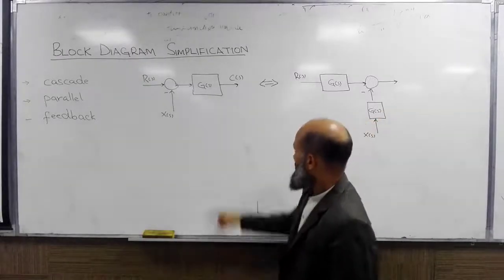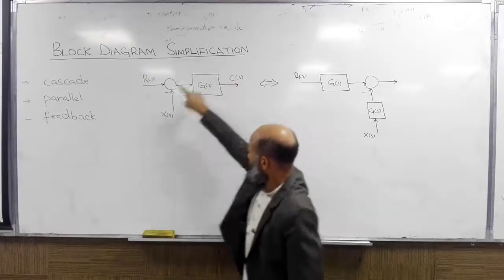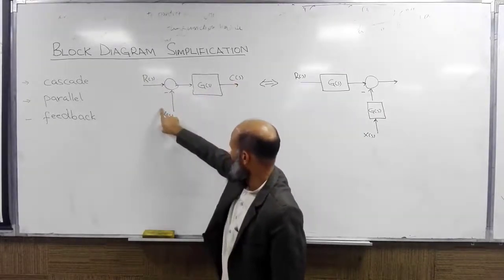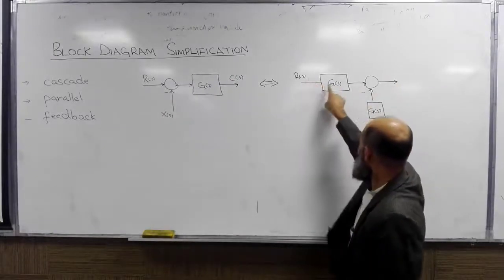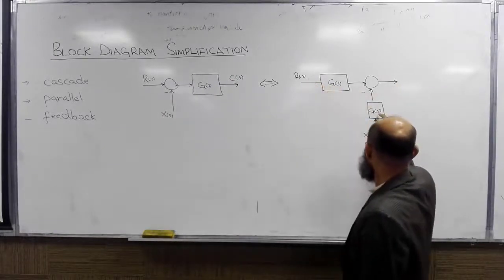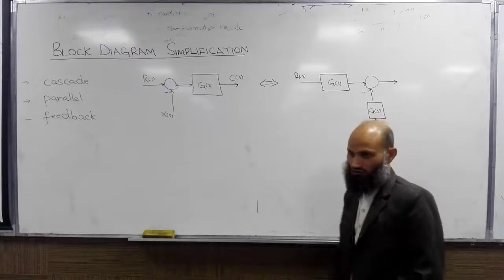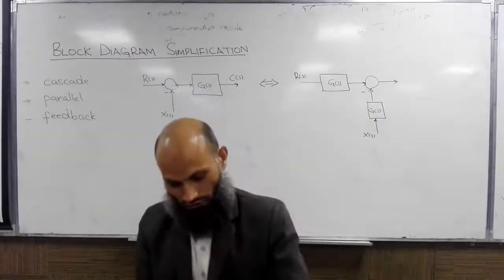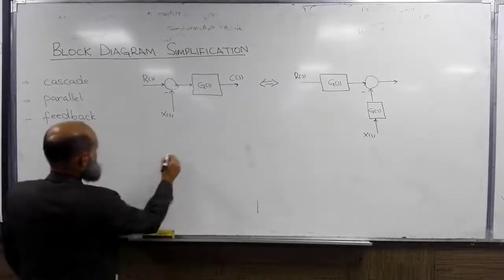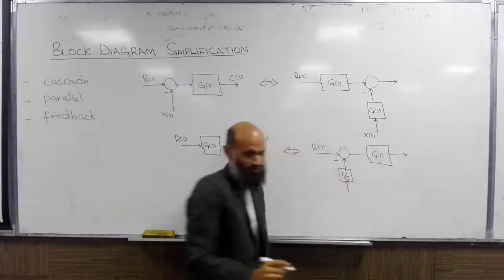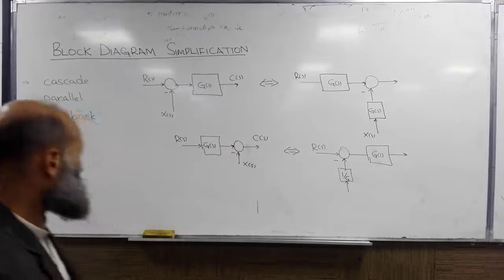G of S. That is, this signal is equal to R of S minus X of S into G of S, which is the same as R of S into G of S minus X of S into G of S. Furthermore, if you have this system, 1 over G of S. And similarly,